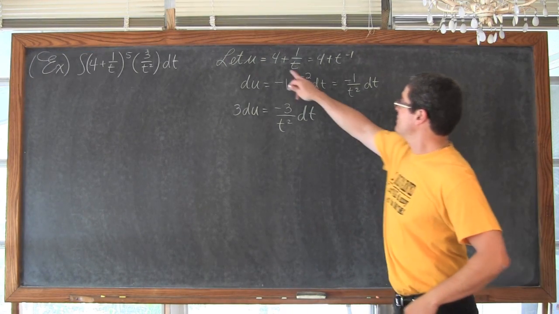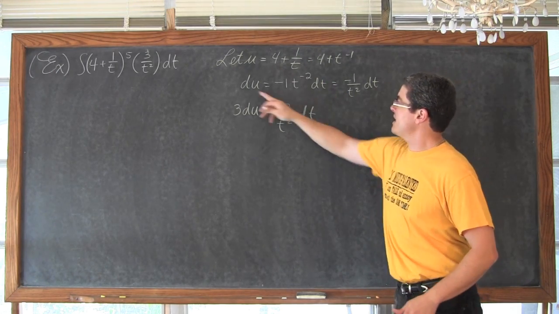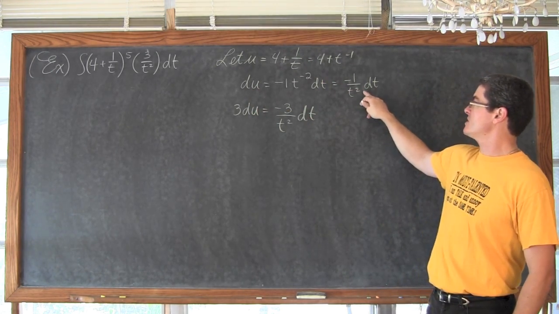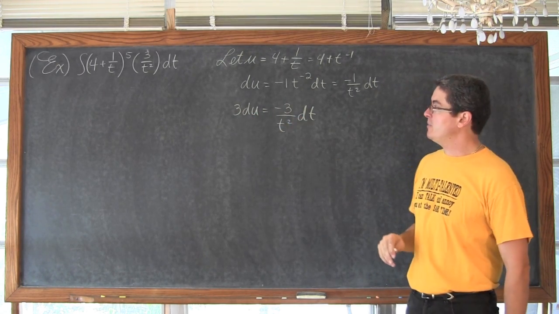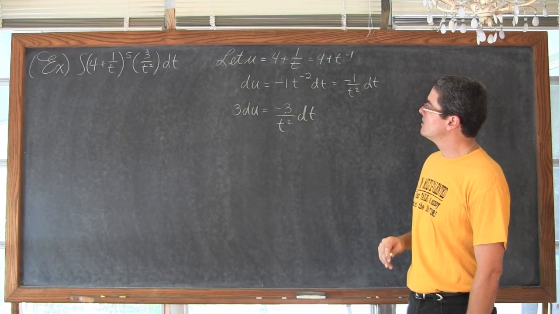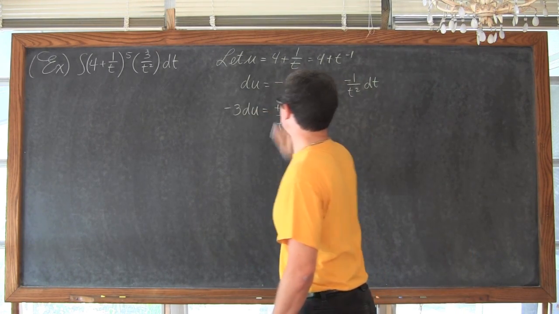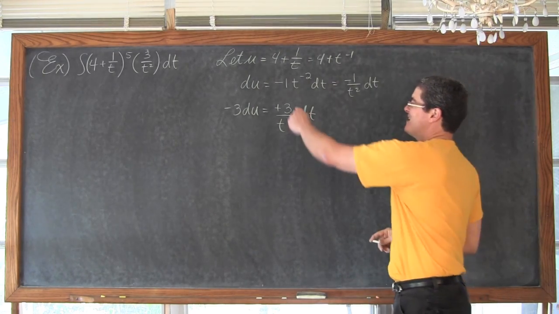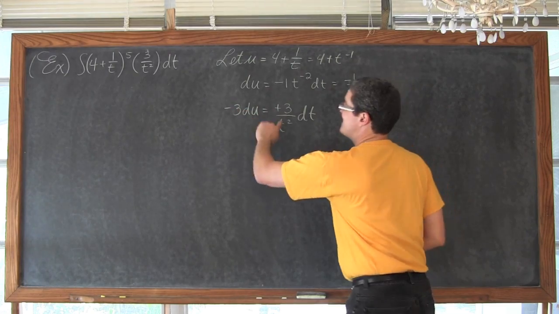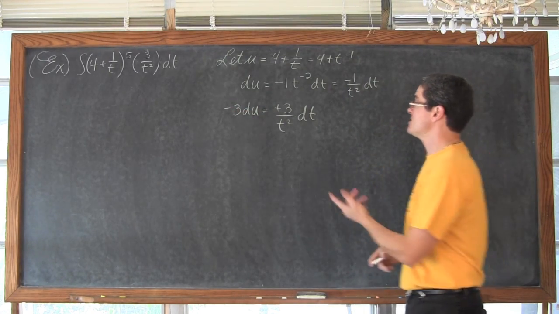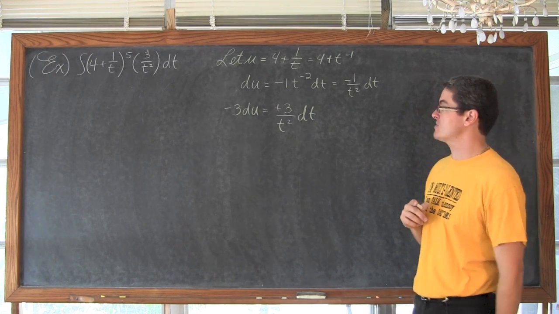Okay, so we have u is equal to 4 plus 1 over t, and I needed to take my du equals negative 1 over t squared dt and multiply both sides of that equation by 3. Look, I turned off the video to take my time, and I still made a sign error. I need that 3 over t squared to show up, so I want to multiply both sides of this by negative 3, not positive 3. Because see, I've got 3 over t squared dt, and that's exactly what I need to see for my substitution.